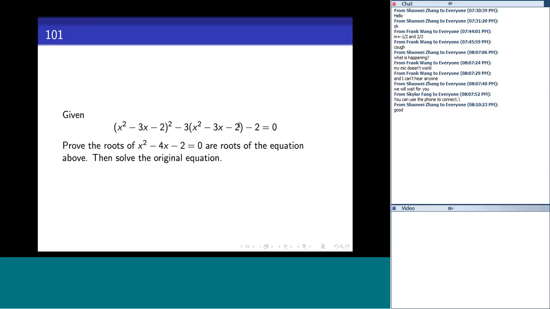Skylar. I got 2 plus or minus square root 6 and 1 plus or minus square root 5. I think only saying factorize that won't be enough. Okay, so the proof is very important. As long as you have the proof, then you're going to have